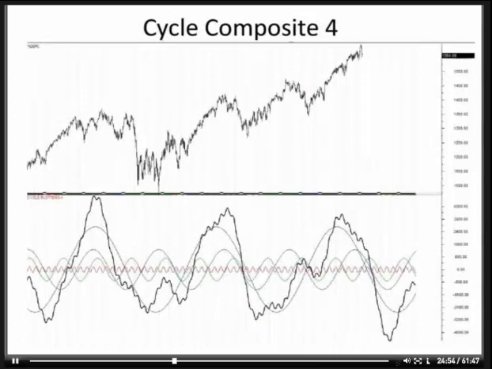So this is actually another cycle composite. This is only using 4 cycles, so this was used so you could see that if I'm only using the 4 strongest cycles, this does have a slightly different composite and will give us a little bit of a different forecast. This is important to consider because when you're looking at different cycles, the question always arises, well, how many do I use? Why don't I just use 100 or 50 or 20 or even 10 of the strongest cycles to get the best composite?